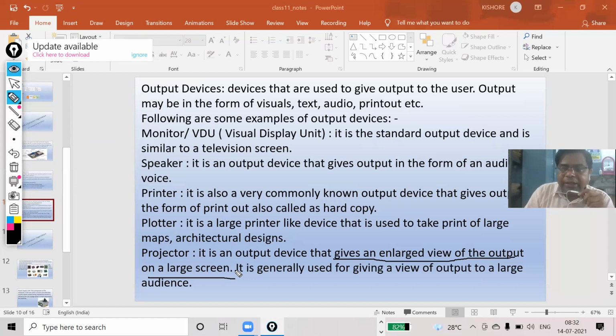So how can I show my presentation to each and everyone sitting in a hall? Only by the help of a projector, because a projector converts your text and images and shows this output on a large screen. Especially whenever there is a seminar, there you will see the projector used by that person.